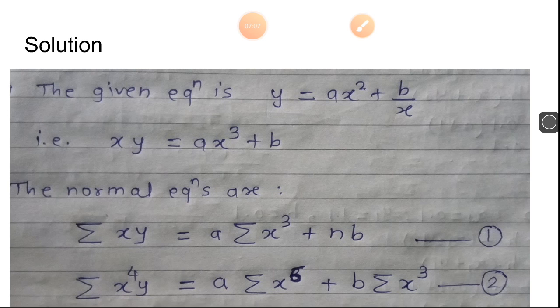Now, first we need to rearrange the equation. Y equal to ax square plus b upon x. Instead of that, by rearranging the terms, we are getting xy is equal to ax cube plus b. Now it is easy to form normal equations. Now the coefficient of a is x cube. So following the procedure of normal equation, we get the first normal equation as summation xy is equal to a summation x cube plus